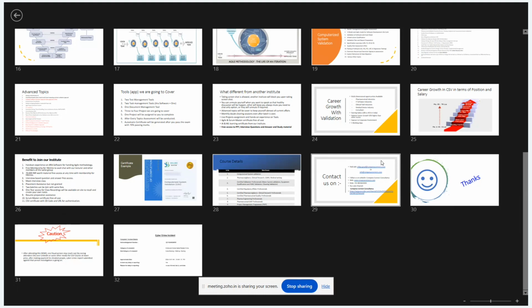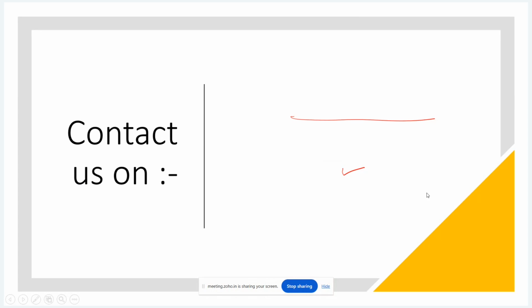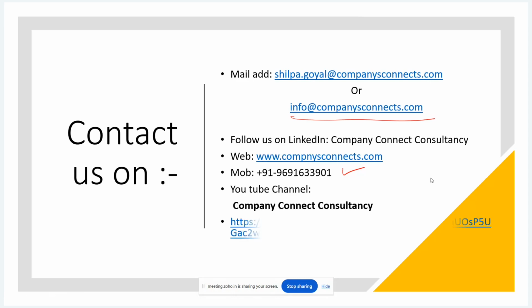Weekend batch, yes, February. Yes, a weekend batch is also available. I think it is somewhere around 8 to 9 February. Let me check it. For more details, contact madam only on the provided number. So the weekend batch is also going to start very soon. Contact this number for much more details about this.